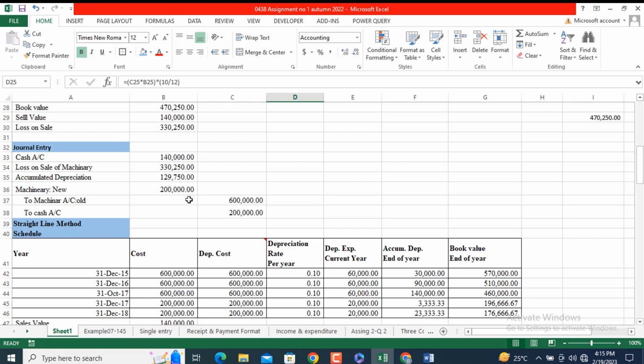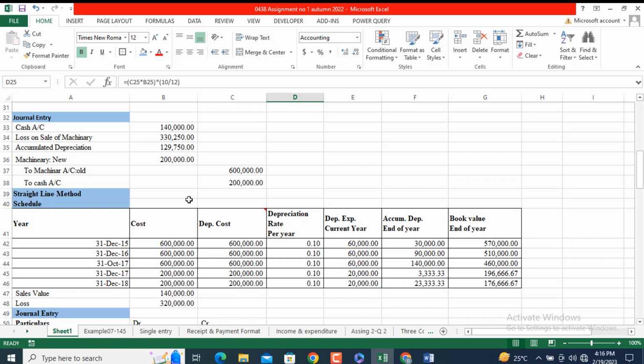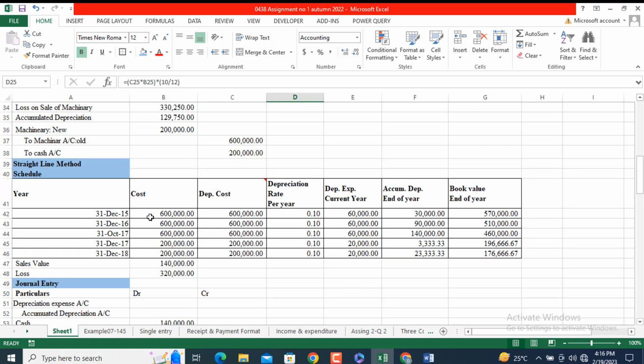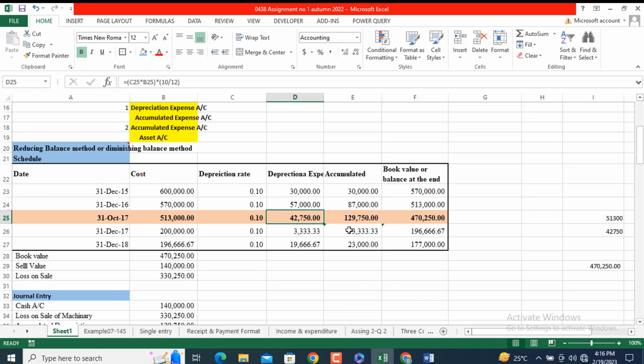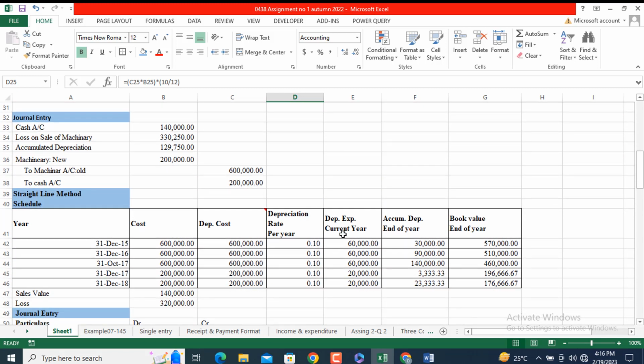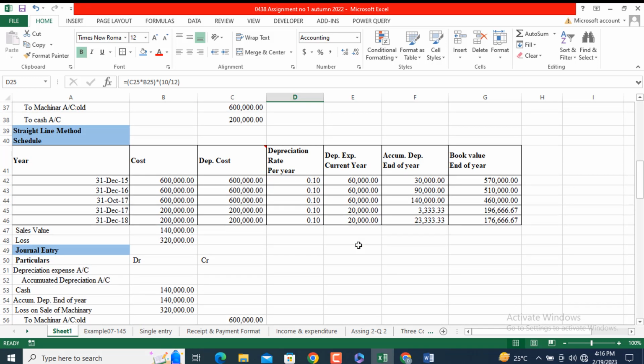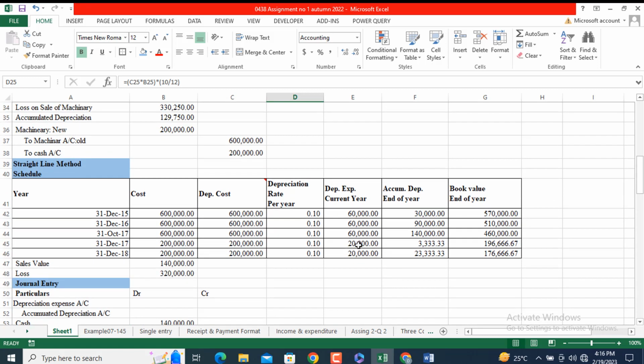on the same day. So let's move to the other method, which is called straight line method, and schedule is here. Remember, in previous method we are going to calculate depreciation on the reducing balance, but here please keep in mind that the amount of depreciation for the current year remains the same. Although the book value is reduced by the same amount, the amount doesn't decrease as you have witnessed in the previous case. See, the depreciation amount 30,000, 50,000, 42,000, but here you will observe that the amount of depreciation remains the same, and it will be changed as per the proportion of the use in the current year. So come to the